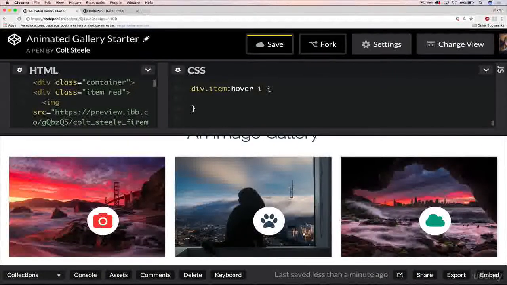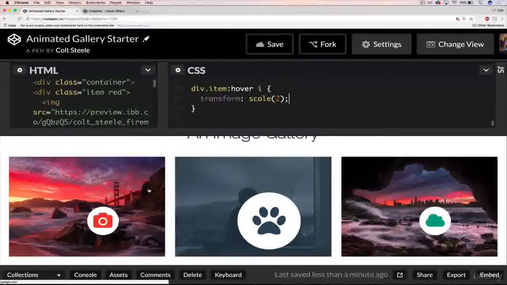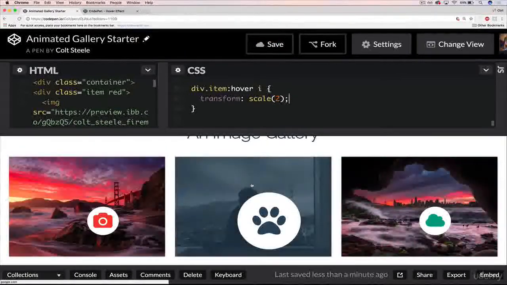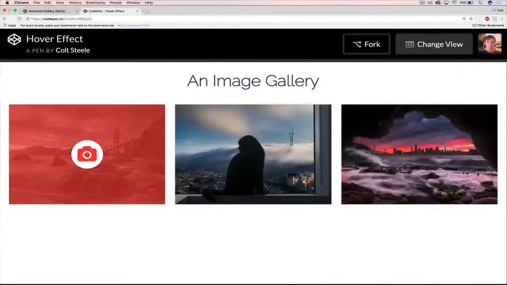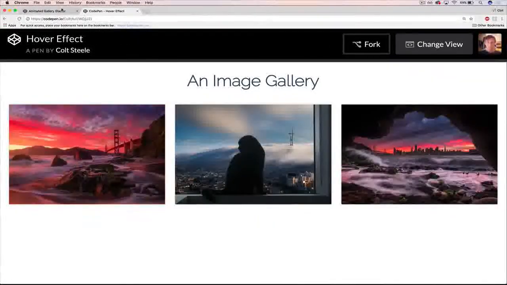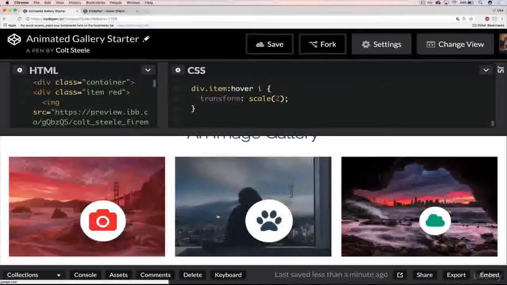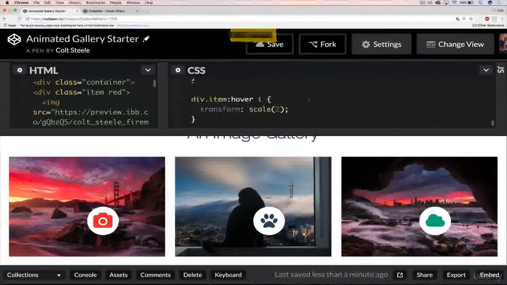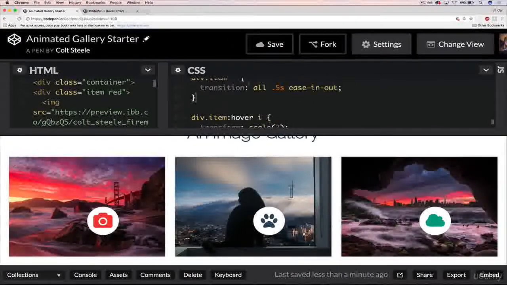And what we'll change here is do a transform scale 2. And you can see it's growing. Now this isn't what we want. In fact, what we actually want is for it to start at scale 0 and end at scale 1. Right now we're going from 1 to 2. So I'll leave it at that for now, transform scale 2. But what we need to do is change that initial scale. So that's